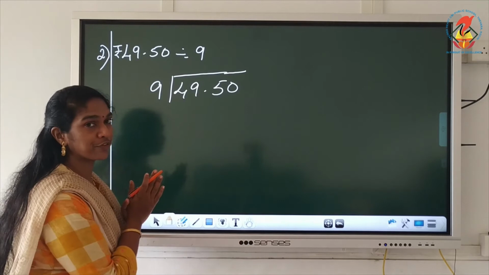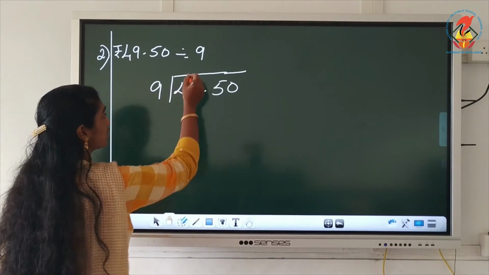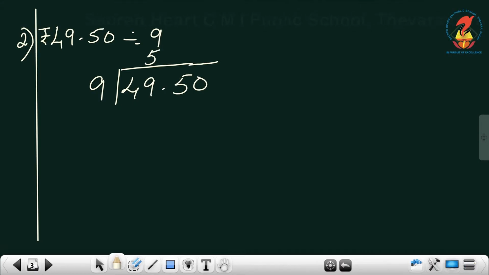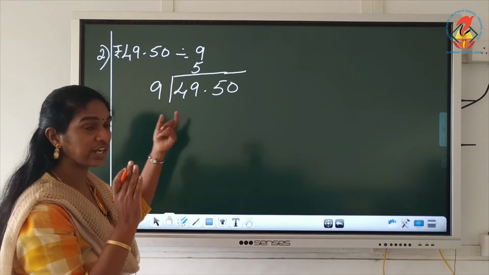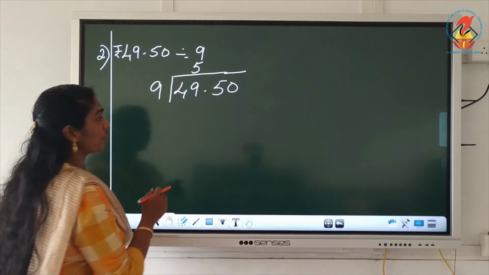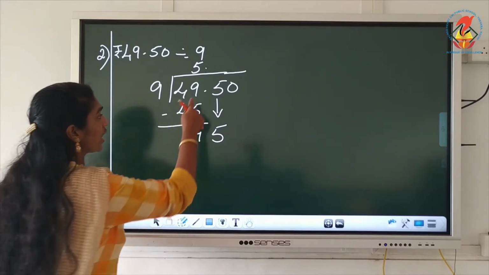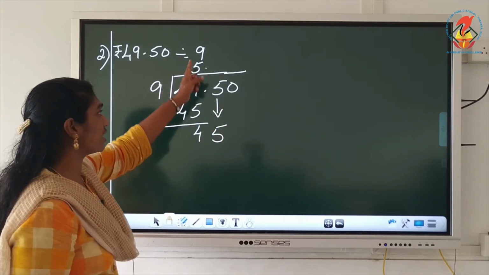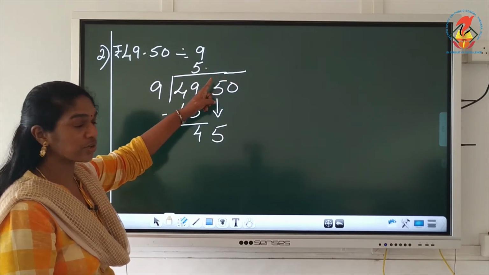Where will I write that 5? You have to be very careful, especially when you have a decimal point. 5 should be written above 9, because 9 is the last digit that you have taken right now. Okay, 49. We took 49. So 9 is the last digit, right? So you have to put it on top of that. 5 9s are 45. When you minus, you will get 4. Then you will bring down 5. But you can see a decimal point here. Straight on top, put a decimal point in the answer also. In the quotient, straight on top. Don't put it anywhere else. Just straight on top, put the decimal point. Then only you will write the next quotient. Understood, children? Straight on top.